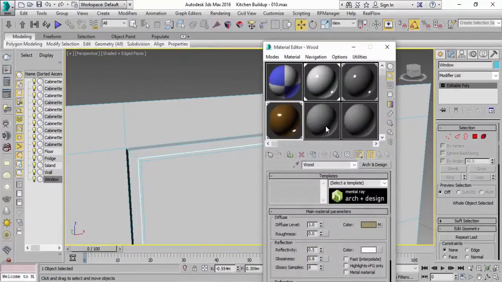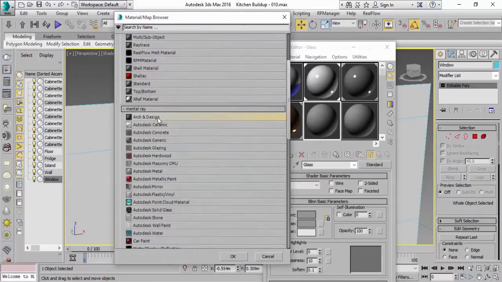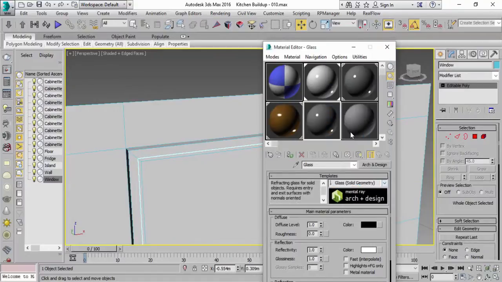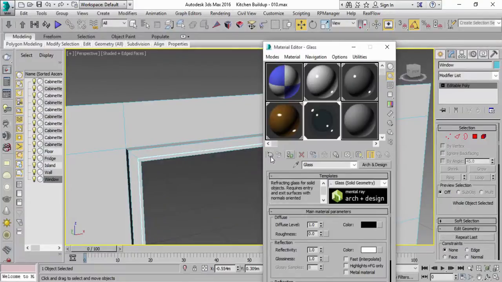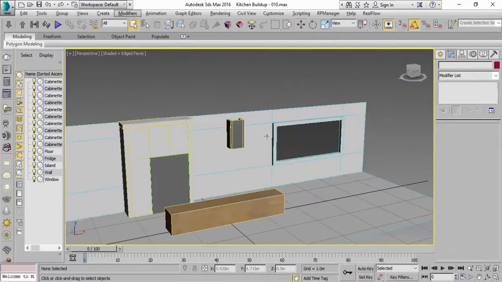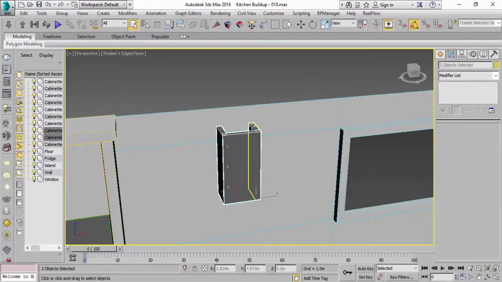compact material editor. Select one of these available slots, and of course call this glass. Okay, and then of course make sure it's Arcane Design, and from the presets you are going to look for transparent materials, and it's a glass thin or glass solid geometry, whichever one you choose. Okay, and then of course select the window and assign the material, and of course you can see how it looks. All right, let's pick our object here